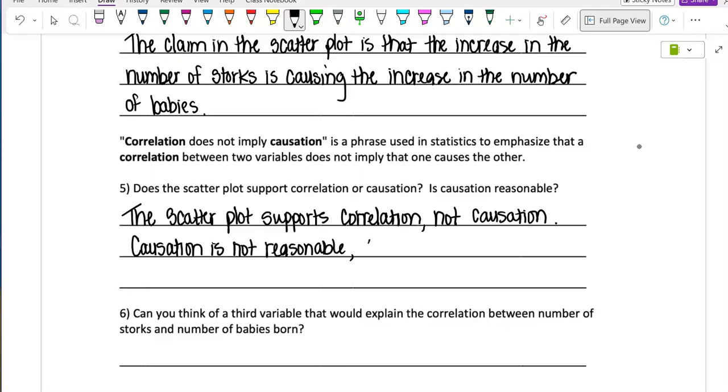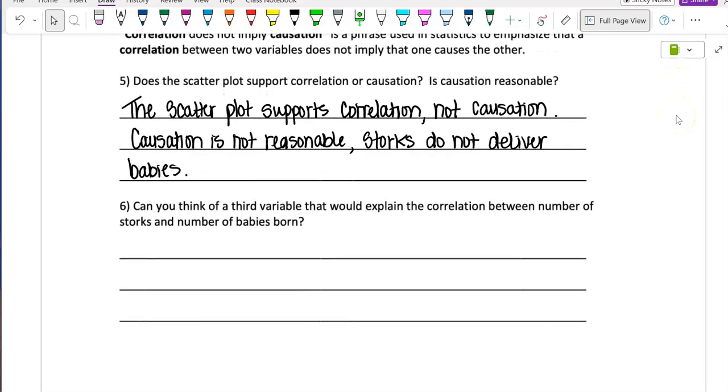Storks do not deliver babies. Now, the thing is, can you think of a third variable that would explain the correlation between number of storks